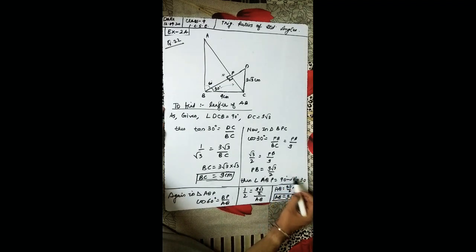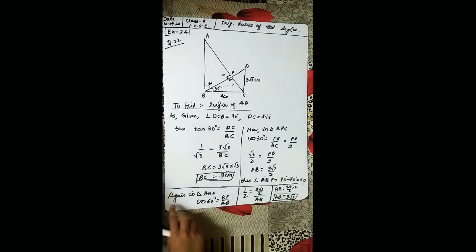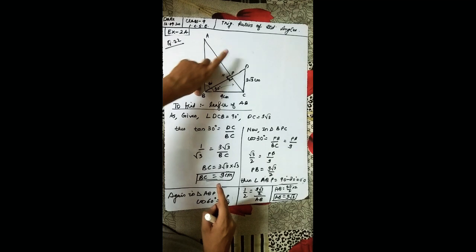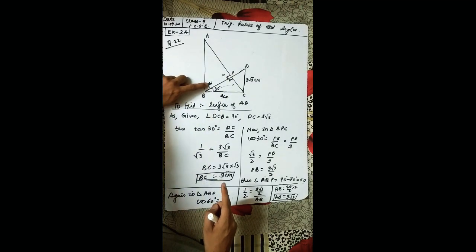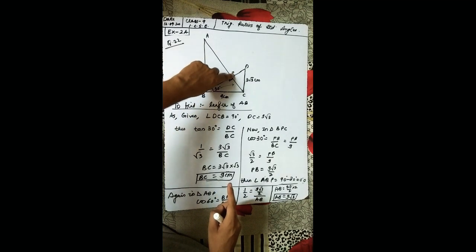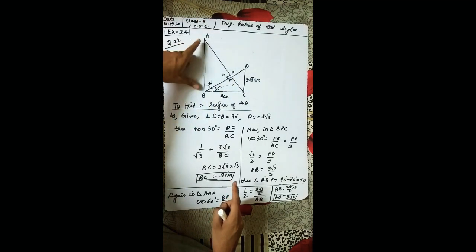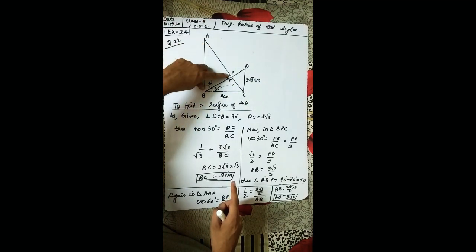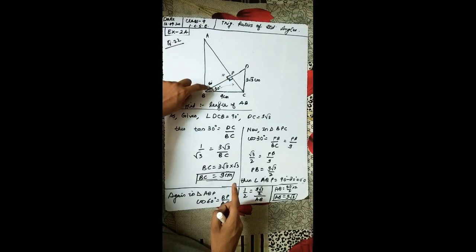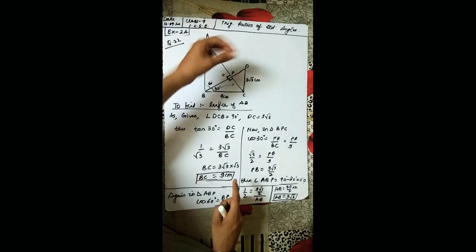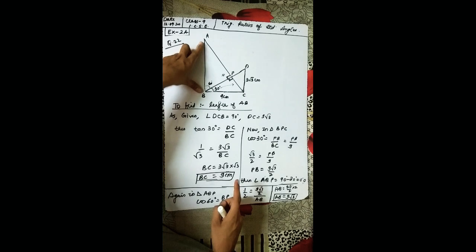Minus 30 is this 60. Okay. So again, in triangle ABP, now theta we have, base we have. According to ABP, this is the base. So we need hypotenuse because 90 degrees is here. Okay, theta is here. So this will be perpendicular, which we don't need. We need only hypotenuse and base.